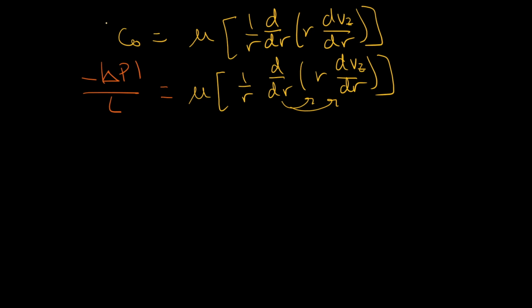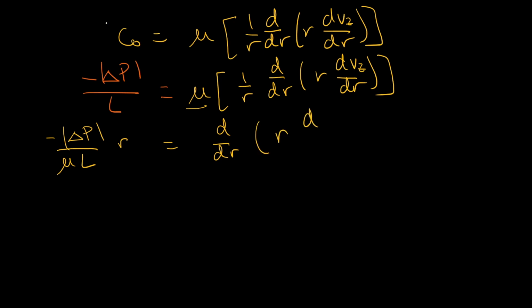When the people actually put these equations together in the back of your book, they were doing you a favor by spreading out the derivatives like this, trying to make it a little bit easier to solve some of these problems. So following that idea, let's first move this mu over here. So we get negative delta P over mu L. And then I'll also move the r over to the other side. Times r is equal to